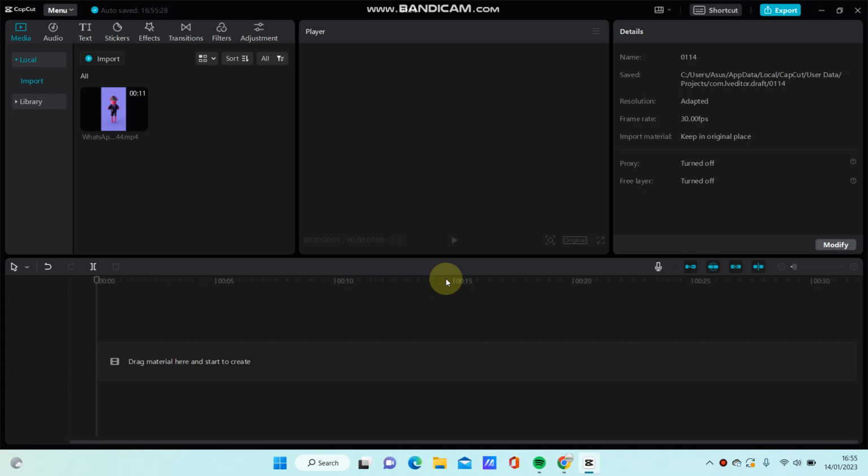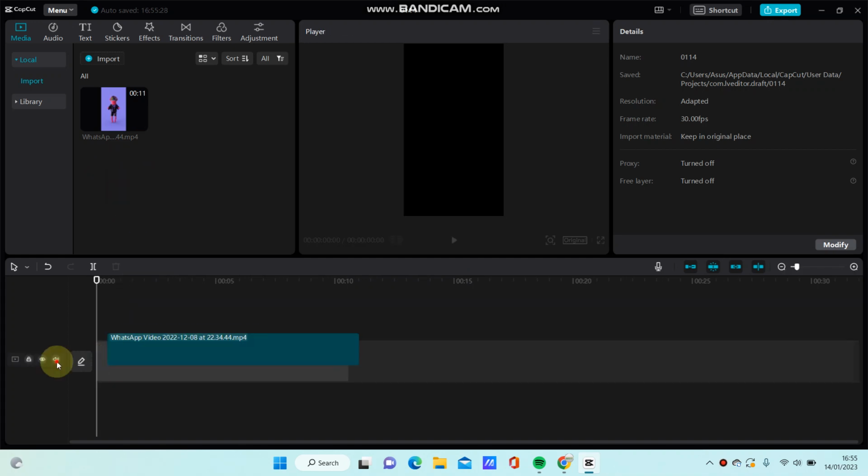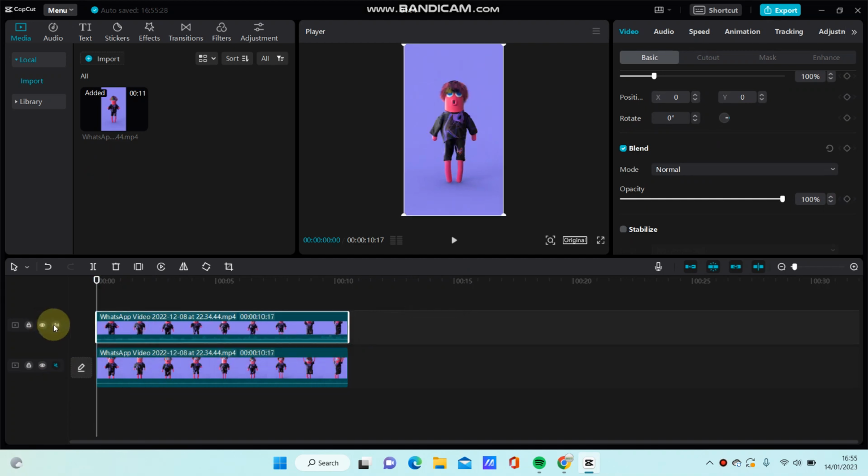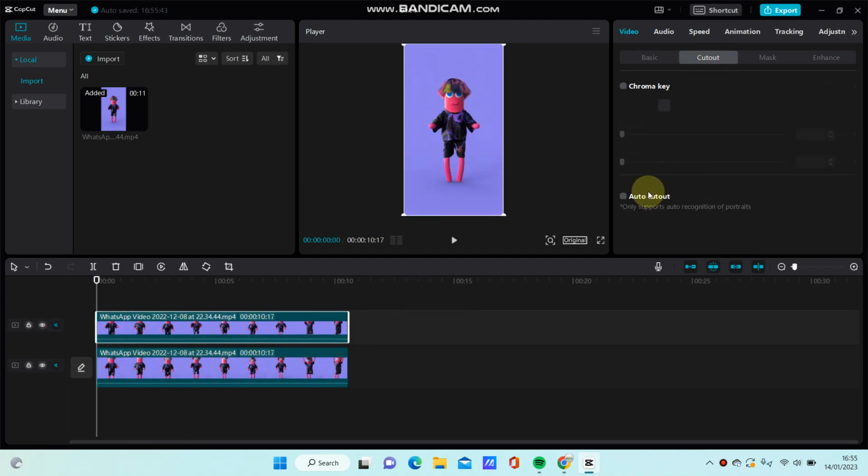How you can get shadow in CapCut PC. So select a video you want to edit and then just copy paste. Select the overlay and then just going to cut out, select auto cut out and just going to mirror and then rotate like so. Just for the position like